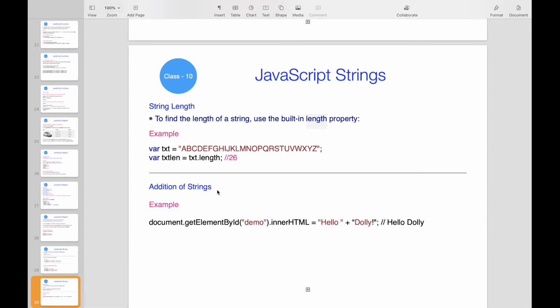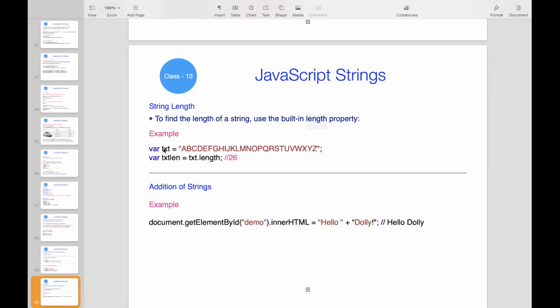Next, string length. There is a property in JavaScript called length. Using this length, we can calculate how many characters are there in the string. For example, we cannot easily tell the length of this string, so we can use dot length.